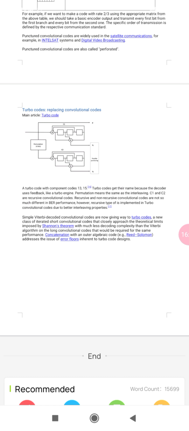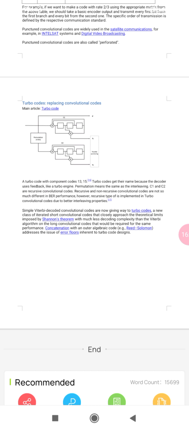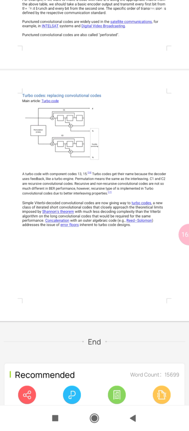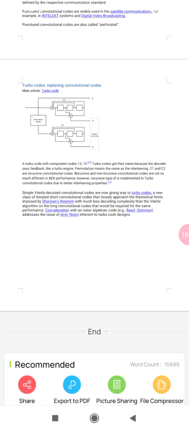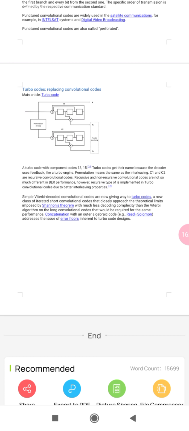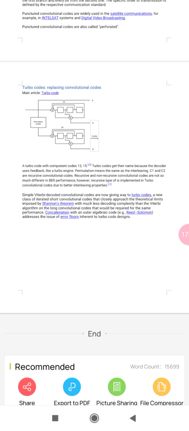A turbo code with component codes 13 and 15. Turbo codes get their name because the decoder uses feedback, right? Like a turbo engine. Permutation means the same as interleaving. C1 and C2 are recursive convolutional codes. Recursive and non-recursive convolutional codes are not so much different in BER performance. However, the recursive type is implemented in turbo convolutional codes due to better interleaving properties.